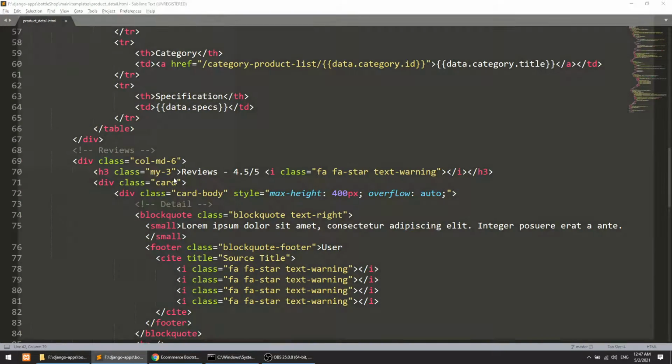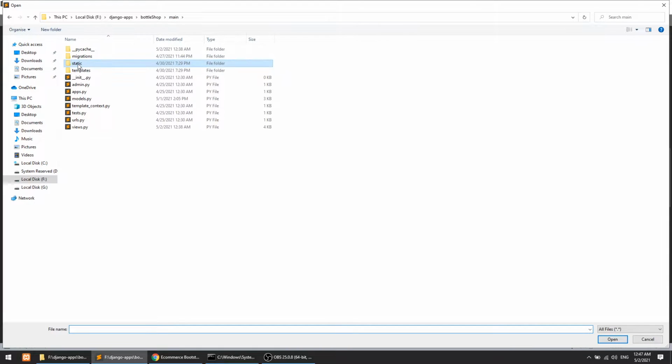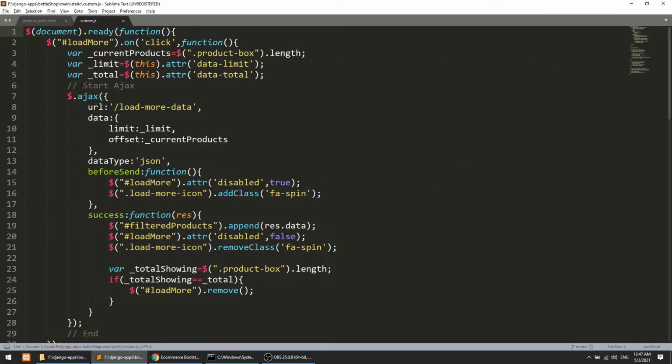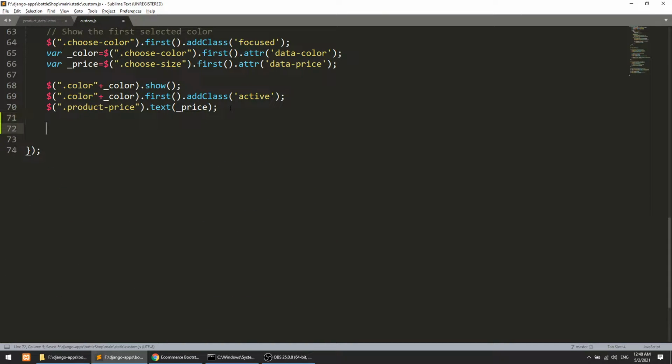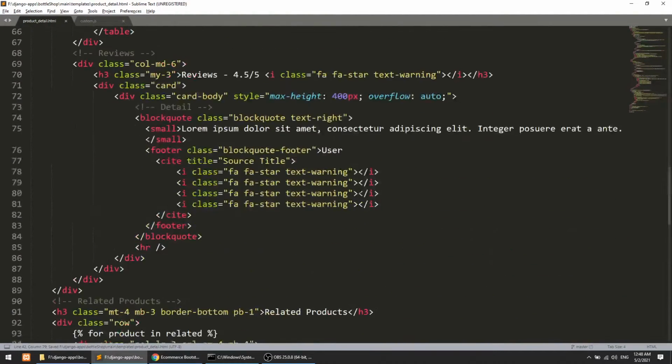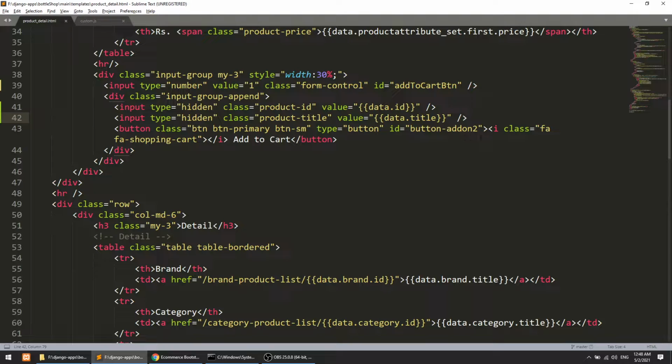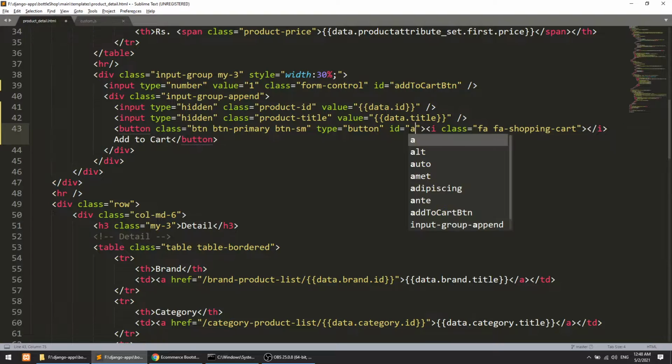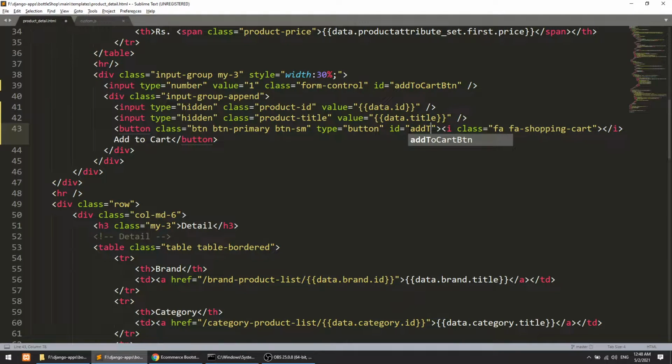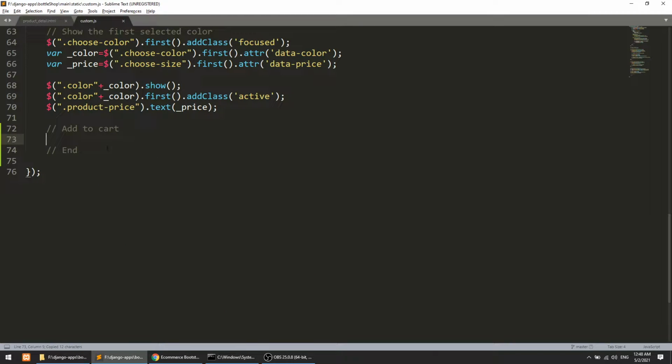I have already created the custom.js file, so we have a custom.js file here. I have opened this. Now I will create the add to cart functionality, and here I will add an ID, let's add to cart button. Copy, and now when we click on this,